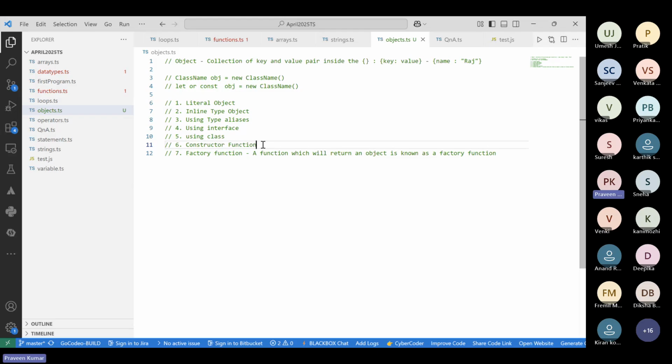Okay, any function that you are trying to write, if it is returning you an object, that is known as a factory function. So by using a factory function as well, you will be able to create a type of an object over here. Okay, and then there are a few concepts that we have, which we have also discussed at the time of functions, which is using optional parameter,